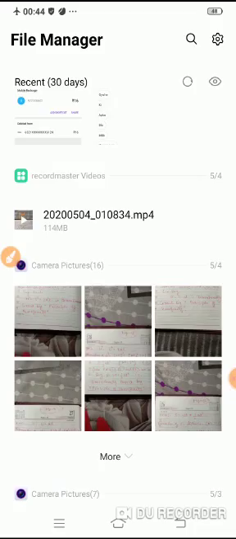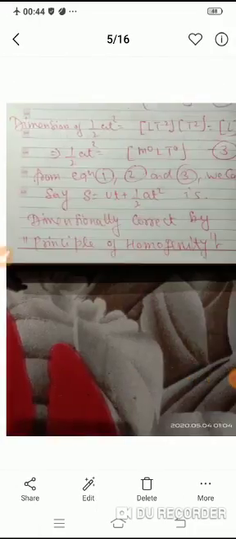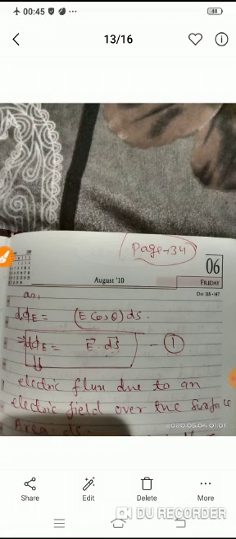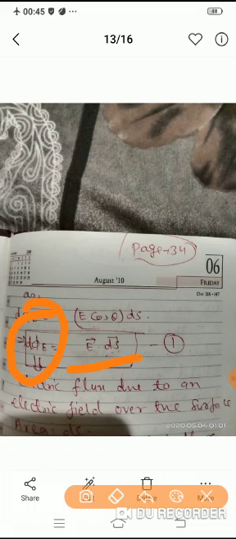E cos theta is the normal electric field component and ds is the area. As you know, these are the dot product of 11th class. Okay students, let's see one more time. Come to the original video. Look here. This d phi is your E dot ds. E dot ds is the vector form of E cos theta ds. I told you so many times in 11th class what is dot product. This is dot product. Okay.